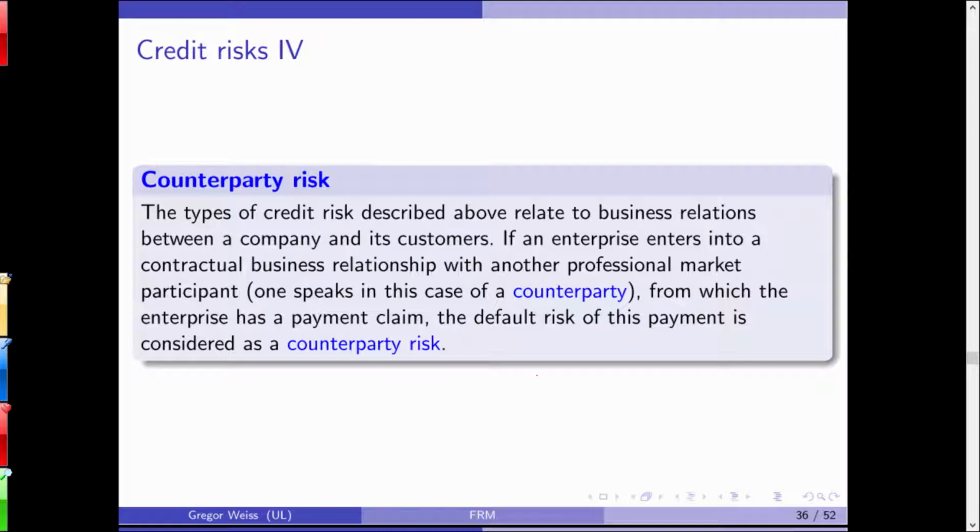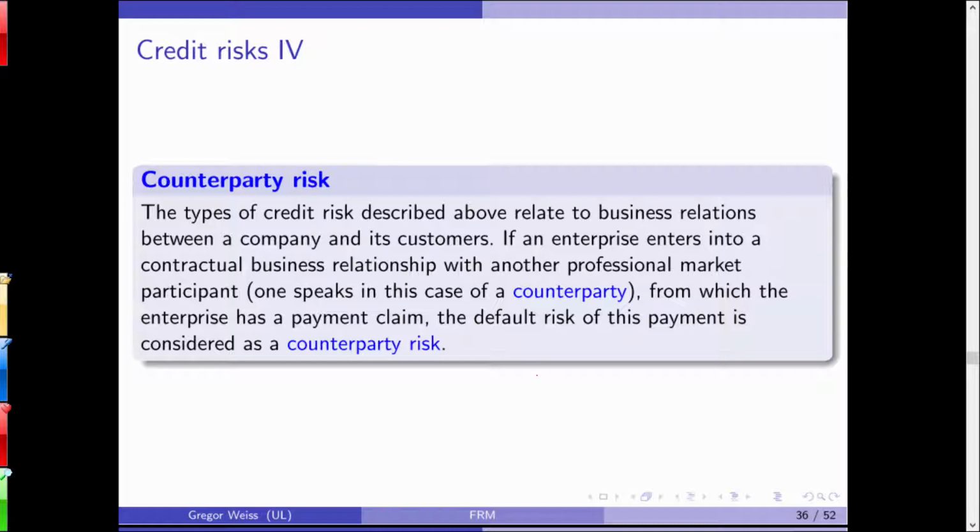And now the problem is, if, for example, we enter this very simple OTC trade. I want to buy one stock of Apple, you want to sell. And we do it in an OTC trade, and we agree on a payment. And now assume I have already paid out $150 for the stock, and you suddenly say, I default. Yeah, my company is bankrupt. I've paid out 150 dollars, and my money's lost. Yeah, the company is in default. The counterparty has defaulted, and the OTC trade is, of course, immediately affected by this.